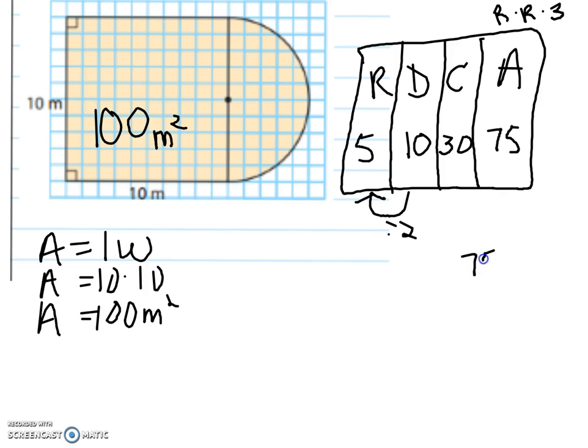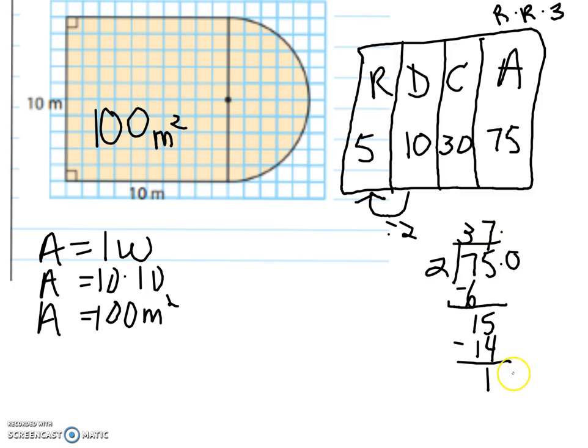So we are going to divide this by 2. 2 goes in there 3 times. 2 goes in there 7 times. Decimal, decimal, 0. So we get 37.5